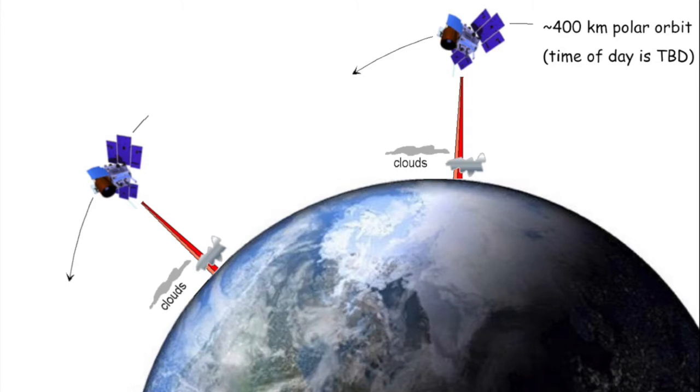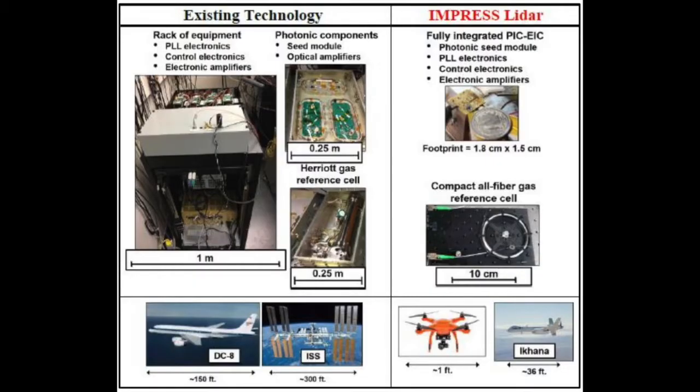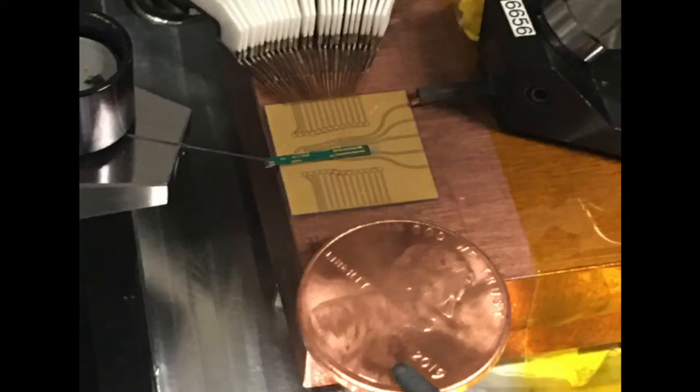Organizations such as NASA have been using LiDAR systems that orbit Earth and detect CO2 gas concentrations. They have incorporated discrete components, and the downside to these systems is that they are big and bulky and consume lots of power. What Impress LiDAR proposes is to decrease the cost, size, weight, and power by using integrated photonic